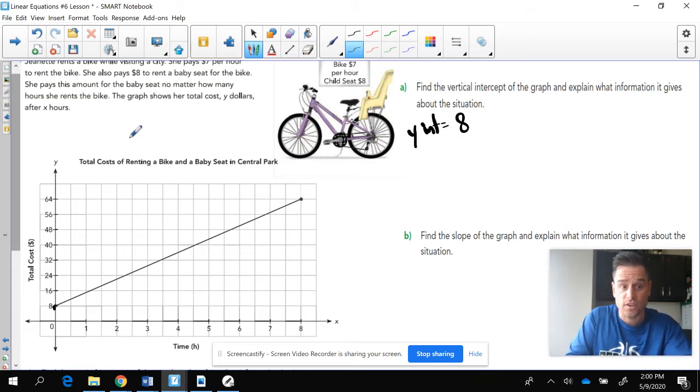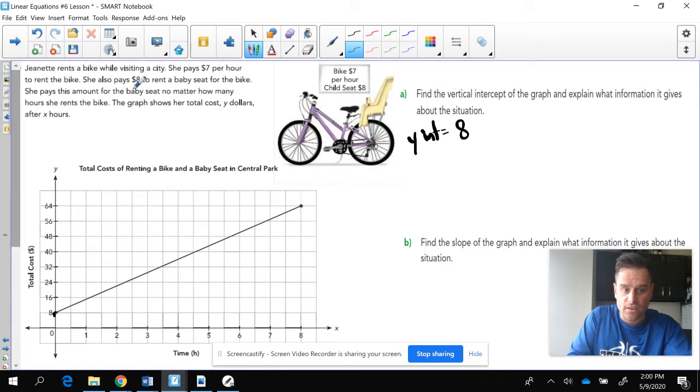But that's actually not true. If you look at the paragraph, the $8 stands for the baby seat. So it is the cost